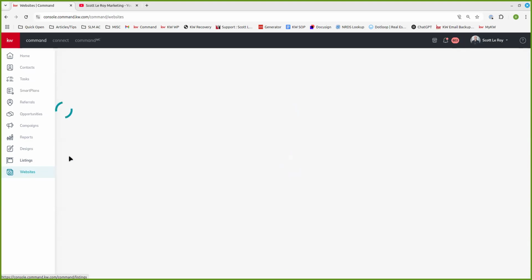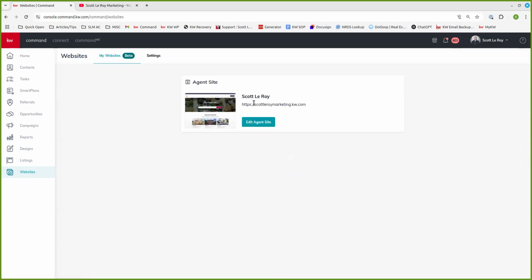Under websites, this is how we access our KW website. You'll see your link right here. Again, notice that it does not have www dot at the beginning of it. It is just the HTTPS. So you can copy and paste that link if you want to share it with someone. If you click edit agent site,